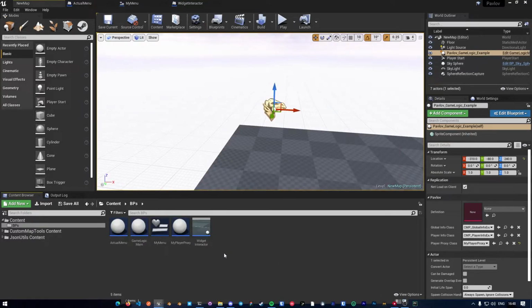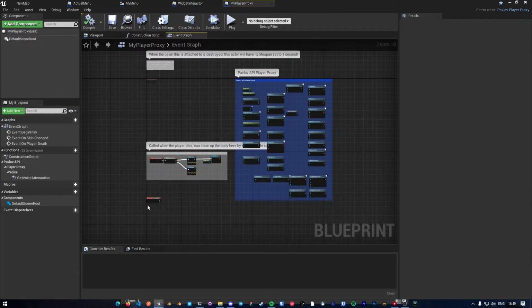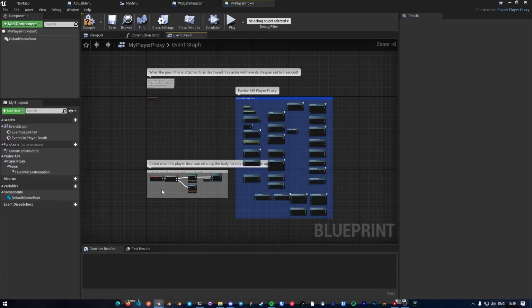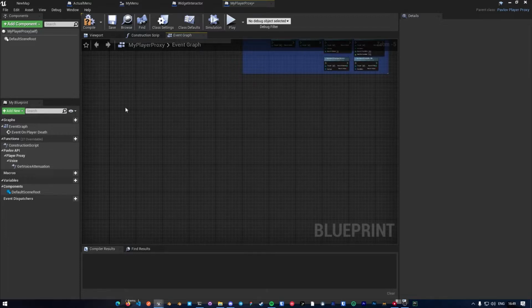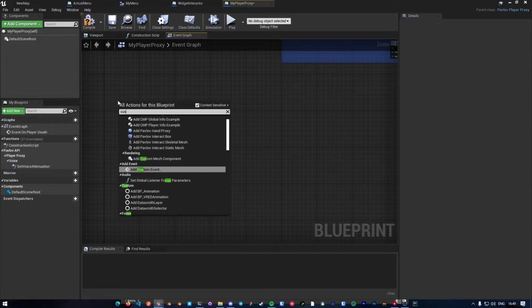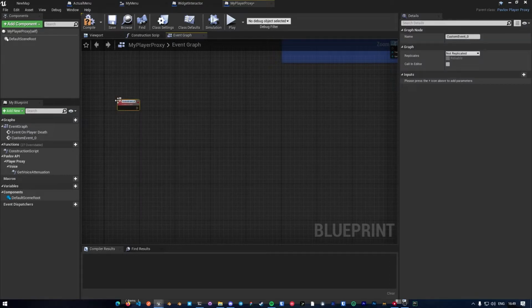So what you want to do is go into your player proxy, and this will look confusing at first, but we're not going to use any of these right now. So I'm just going to clean it up a bit. I'm just going to clean that and that, and then I'm literally just going to go down and go over here. We're not going to touch any of that for now. And we're just going to make a new custom event. So that's right click to, of course, open that. And then we're just going to call it